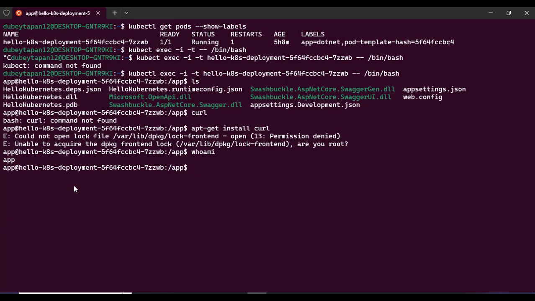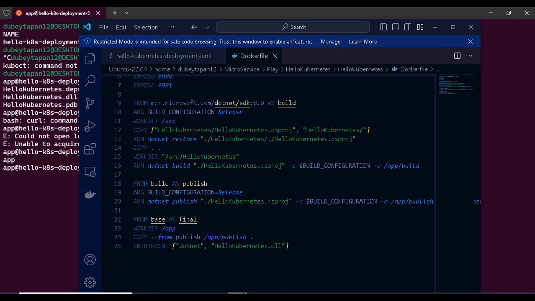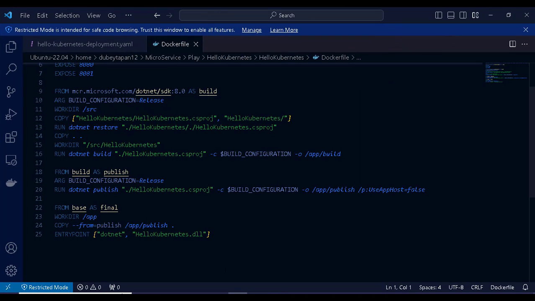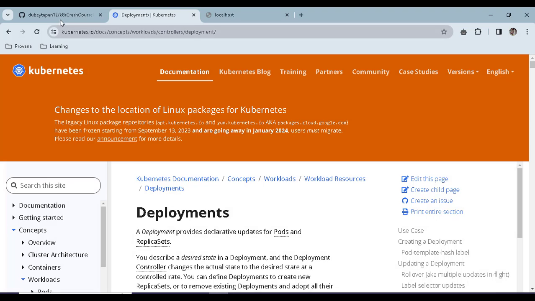So we can see that we are running as an app. So let's do one thing, let's modify our Dockerfile. In the Dockerfile we will change the user to root, we will install curl, and then again change the user to app. So let's make these changes. So let's open our Dockerfile. So here is our Dockerfile, and let's go back to this